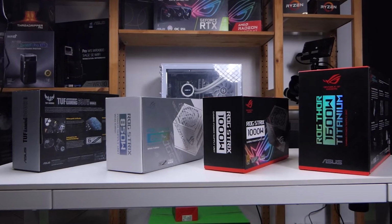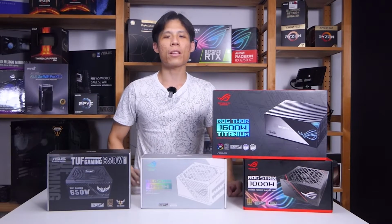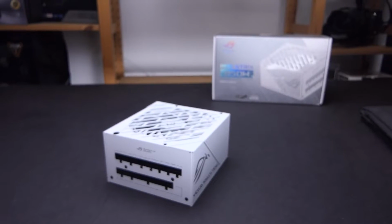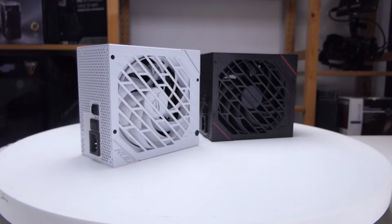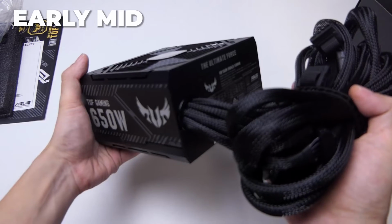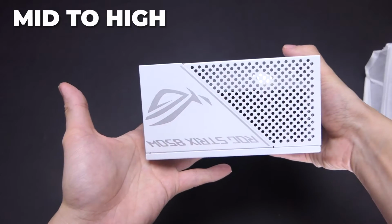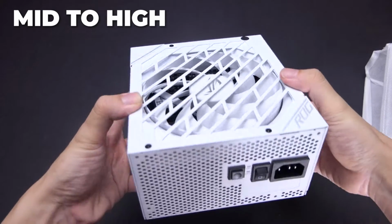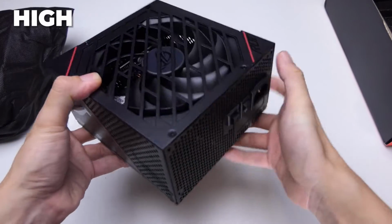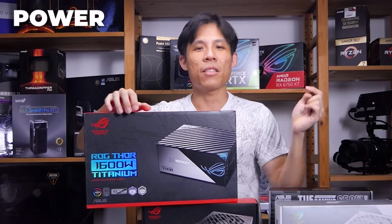So these 4 PSUs kindly provided by ASUS Singapore are all ATX. All PSUs except for these 650 watts are fully modular. Many PC builders, if they can afford, prefer a fully modular power supply because they don't need to deal with all the cables that come with a non-modular power supply. How convenient! Okay, starting off in the early to mid-range, this is the Tough Gaming 650 watt. In the mid to high end, this is the Strix 850 watt white edition, great for all white PC builds. In the high end, we have the Strix 1000 watt power supply,